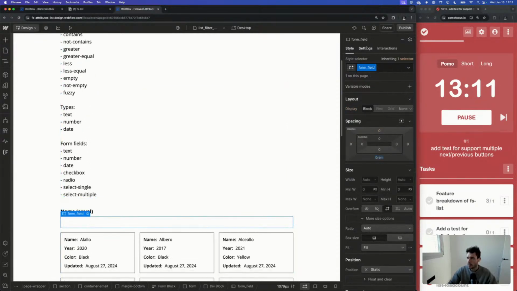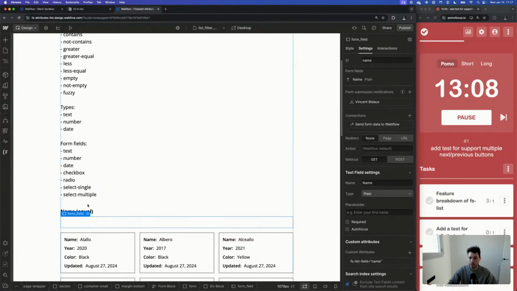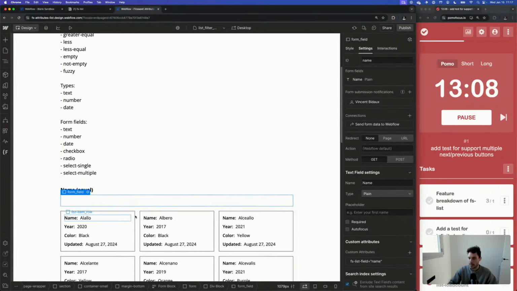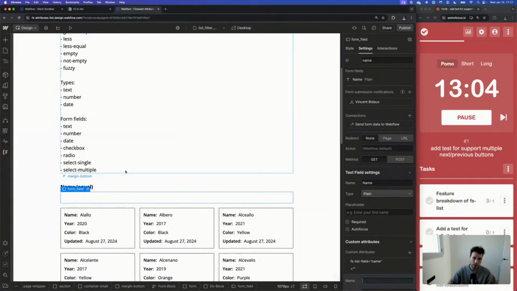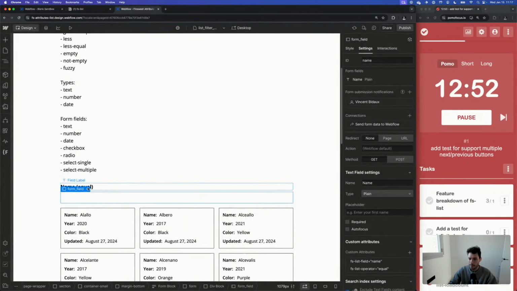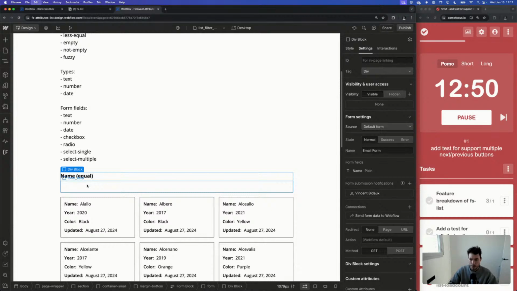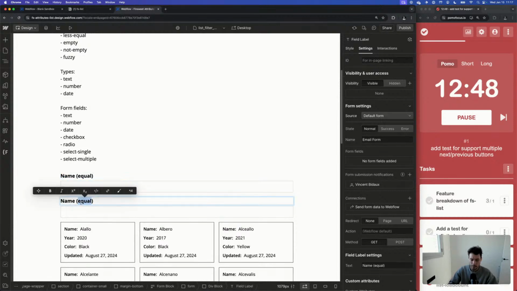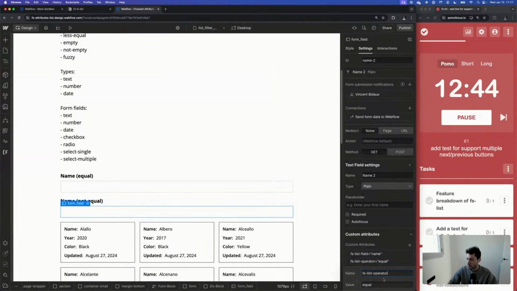So when we filter by equal, what we want to do is define the name, and we want to define an operator because by default, it's not equal, it's contains. So if we do fs list operator, let me zoom in, that's going to be equal, like that. Then let's do another one that's going to be not equal.